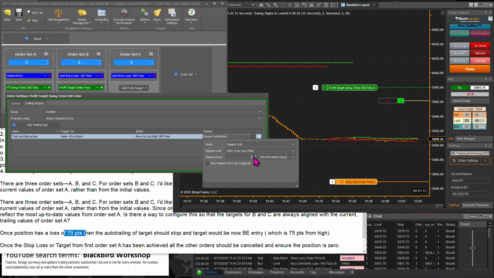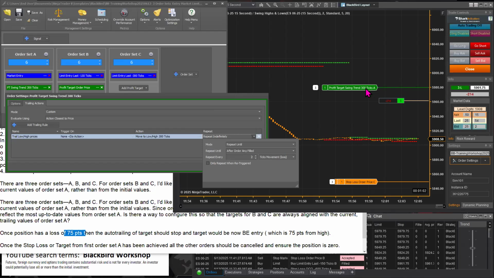Again, it all depends on exactly where the first entry is versus the whole timing of when our last scaling order gets filled here. But I think just knocking this down to 2 ticks of movement will most likely stop our